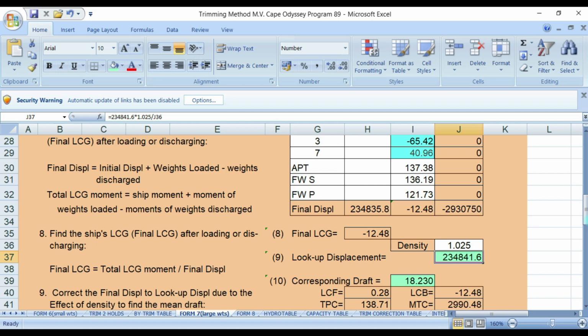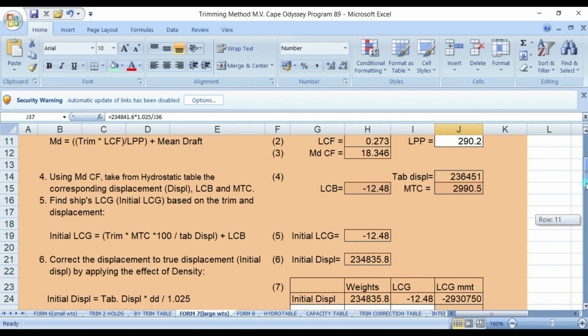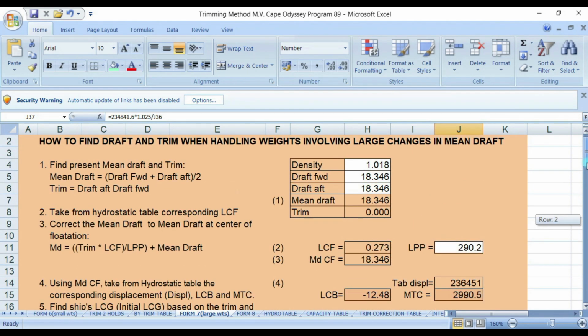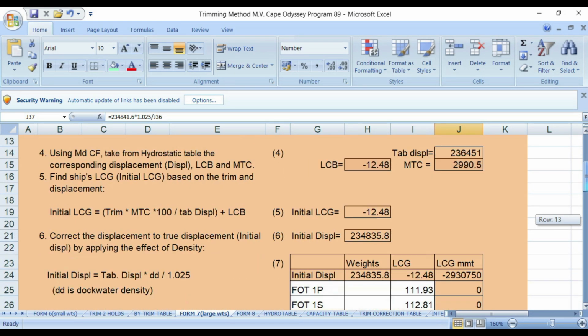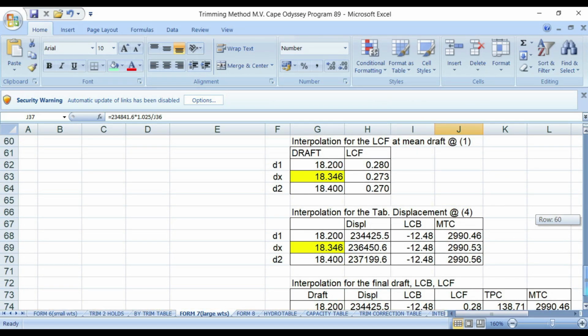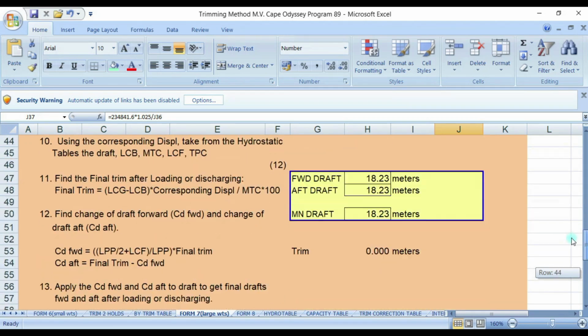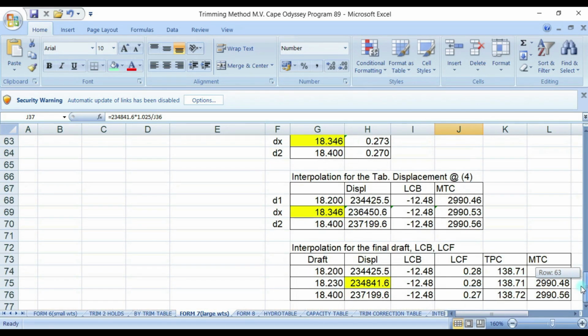Go down. Or we can use this one, 23645.6.